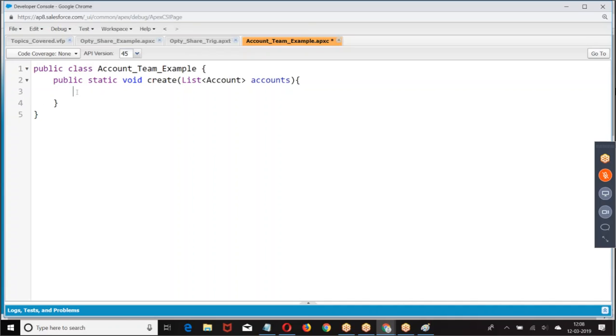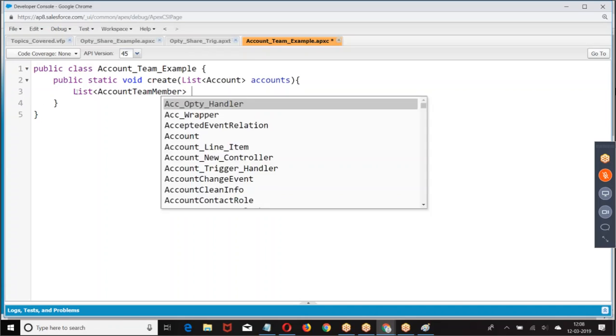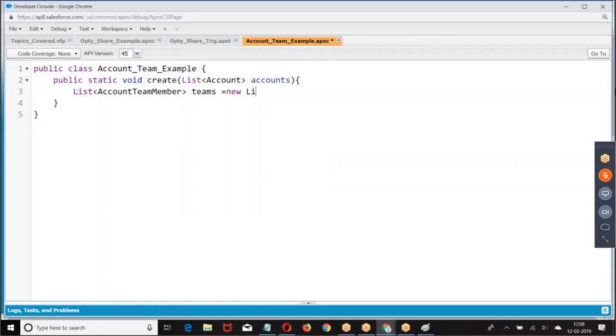Then we have here first list of account team members. Now we are giving it. Then for account A in accounts, what we are doing?